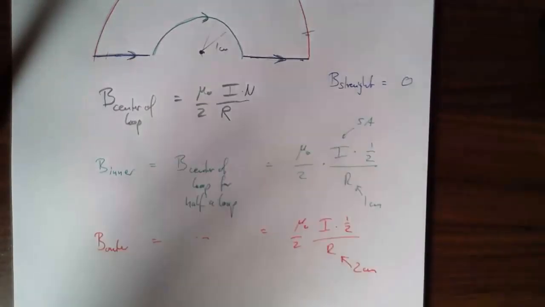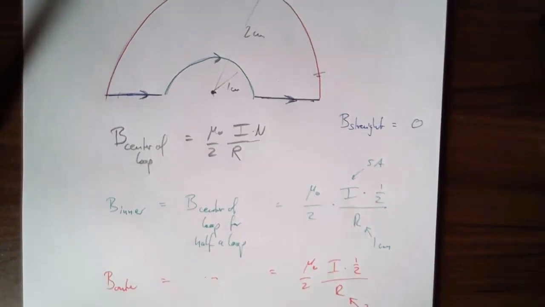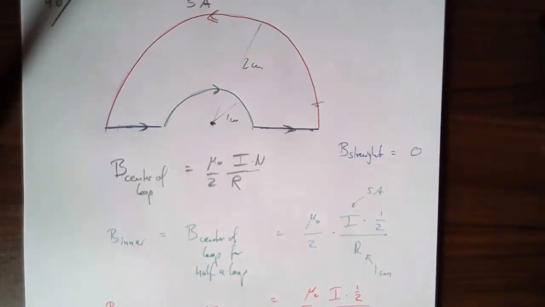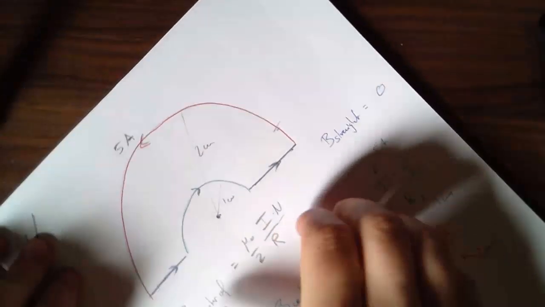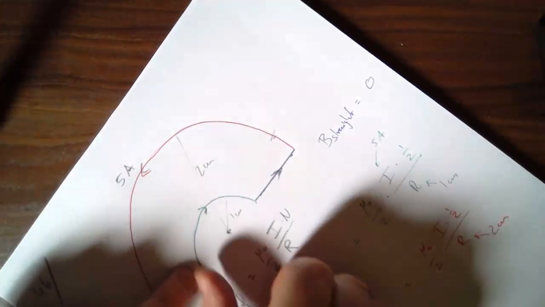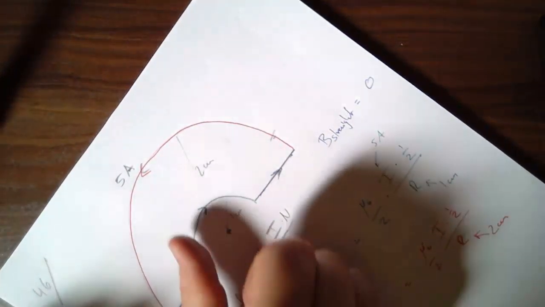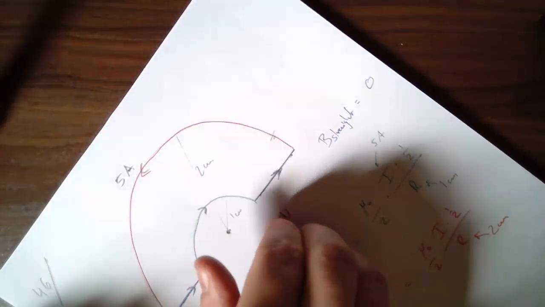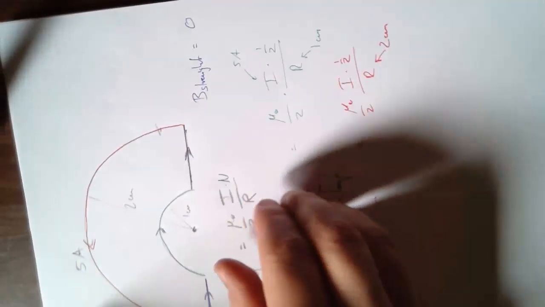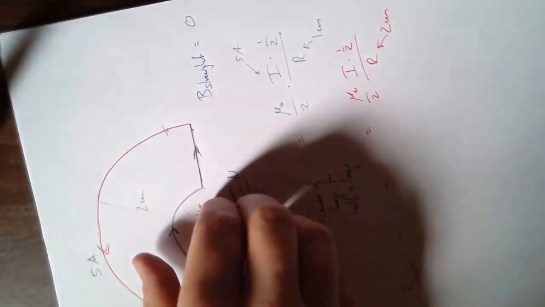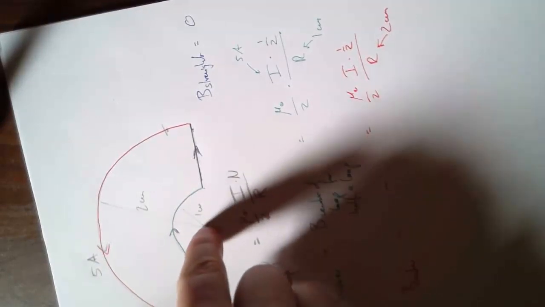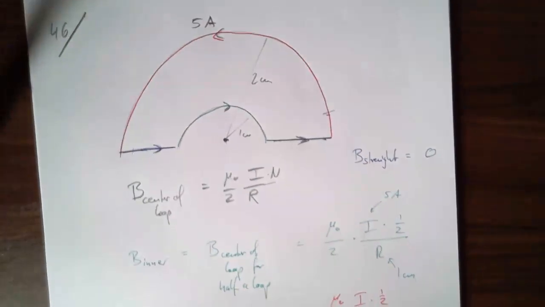Now, I just add them, right? Yes, sort of. We have to be careful about the directions. Which direction of magnetic field is going to get created here. So let's look at the green one. So one way you can do this is you take your curly hand, right? And I move along it, and I pick, okay, for this part here, this piece of the wire where the inner loop starts, my fingers point down if my thumb is in the direction of the current. When I'm over here, my thumb in the direction of the current, again my fingers point down. So in this case, the B field is going to point down